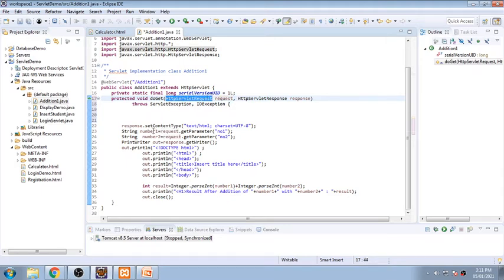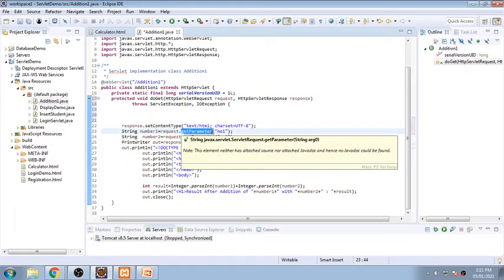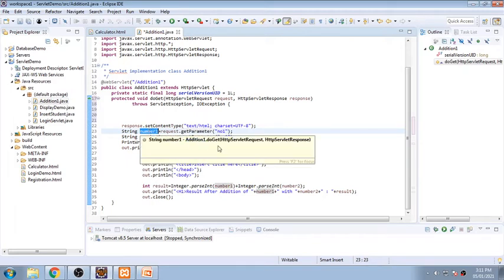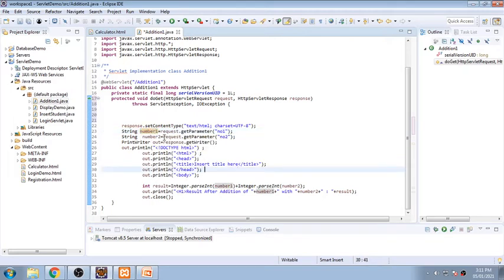this object's getParameter is the function that will check whether a parameter is there in your query string or not. So NO1, number 1, is the name of the attribute, and whatever value is there will be stored in the variable called number 1. Same way, whatever value is in the parameter called number 2 will be stored in the variable called number 2.